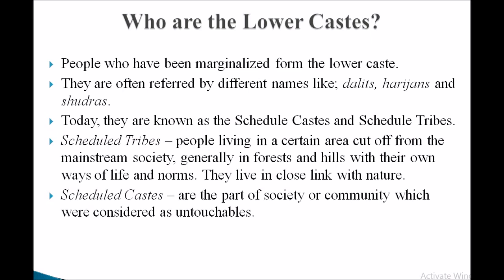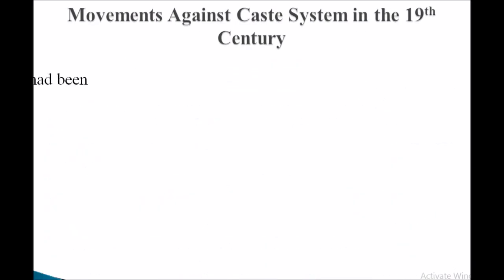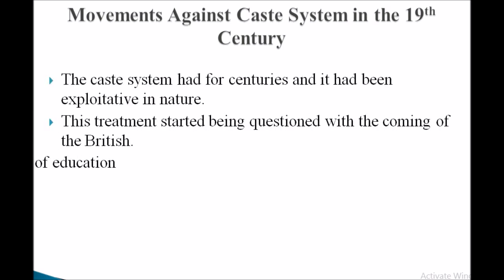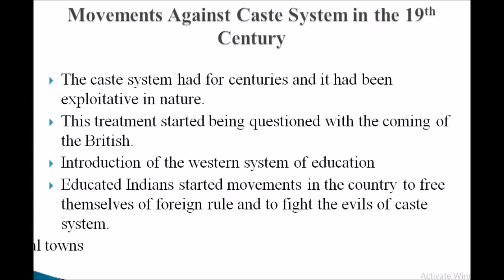On the other hand, the scheduled caste are the part of a society or community which were considered untouchables. For centuries, the caste system had been exploitative in nature with the deliberate aim of dominating the untouchables by the upper class. This equation or treatment started being questioned with the coming of the British, but the most significant reason